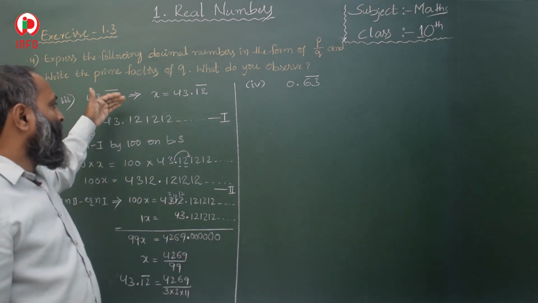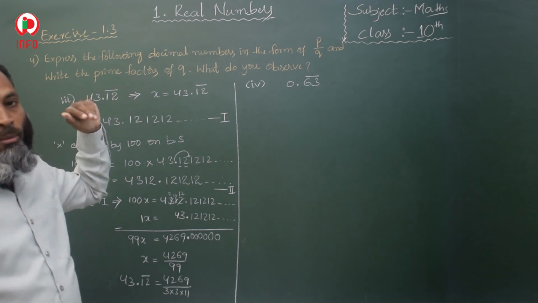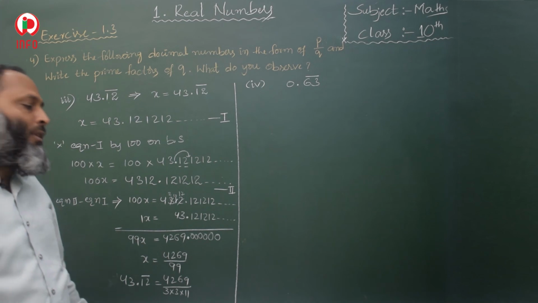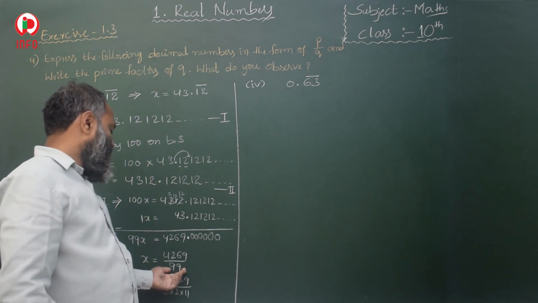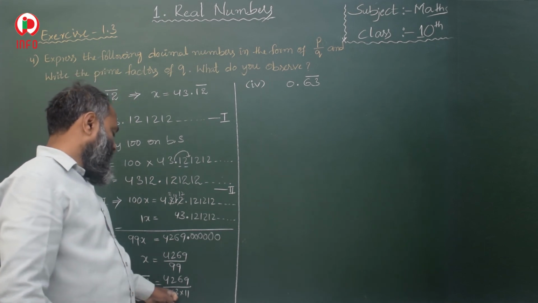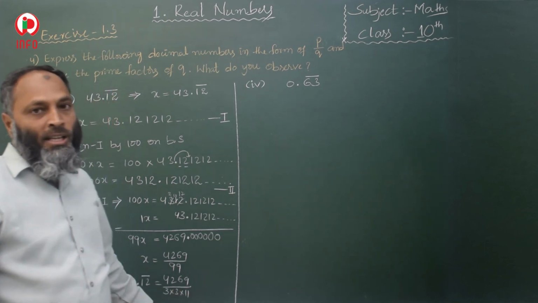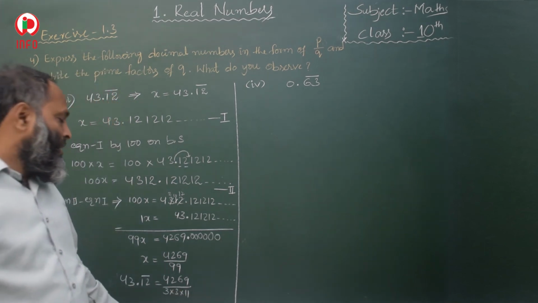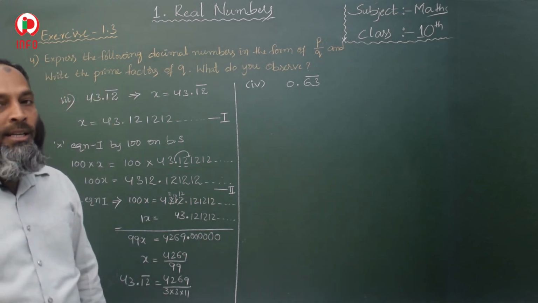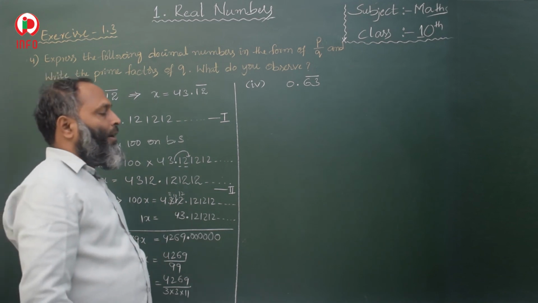First we should convert the given non-terminating repeating decimal into p by q form. After converting into p by q form, we should write the denominator into prime factors. So that is 3 into 3 into 11. So here the product of 3s and 11s. So that is why this is a non-terminating repeating decimal. Okay. Now the next question,